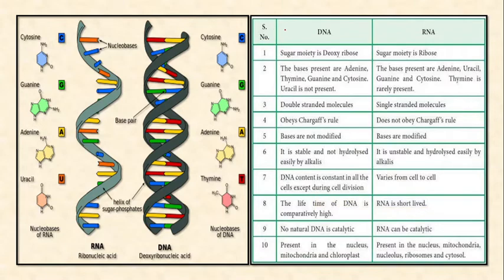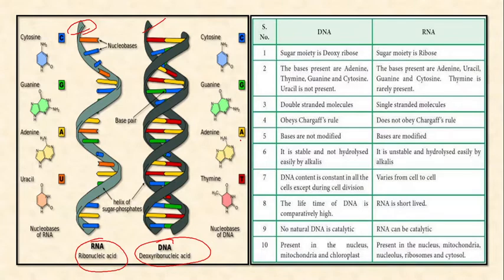So DNA and RNA, as you can see in the structure. DNA stands for deoxyribonucleic acid and RNA stands for ribonucleic acid. There is a basic difference, which is that DNA is double stranded, whereas RNA is single stranded. You can see that from the diagram itself. But there are several other differences also, which we will see, which will be beneficial for some additional basic questions